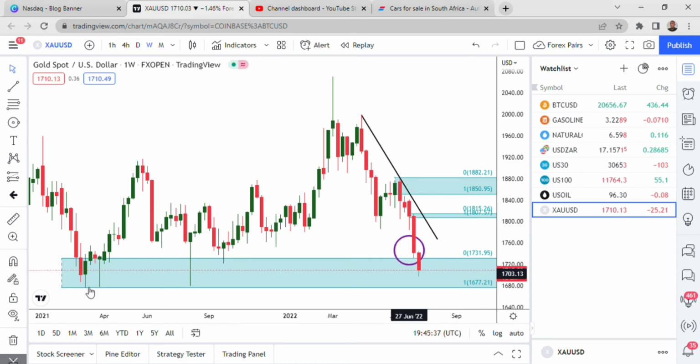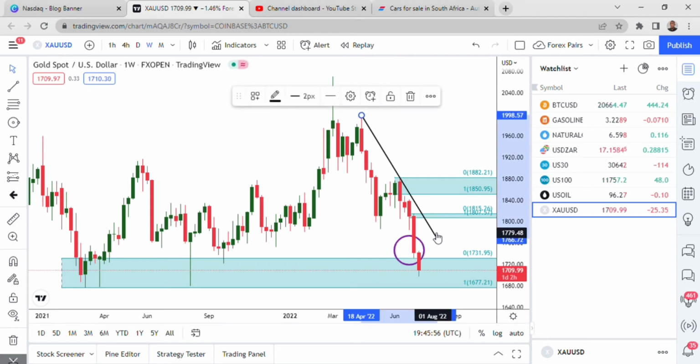You can try and mark an area of support here, but it will be around the same level as the monthly one. So you can just leave the monthly one like that and say, if I get reasons to go long and I'm trading weekly, I'll be targeting either this or that. But you can see the price is going to hit this one first, and we don't predict that a trend line is going to be broken.